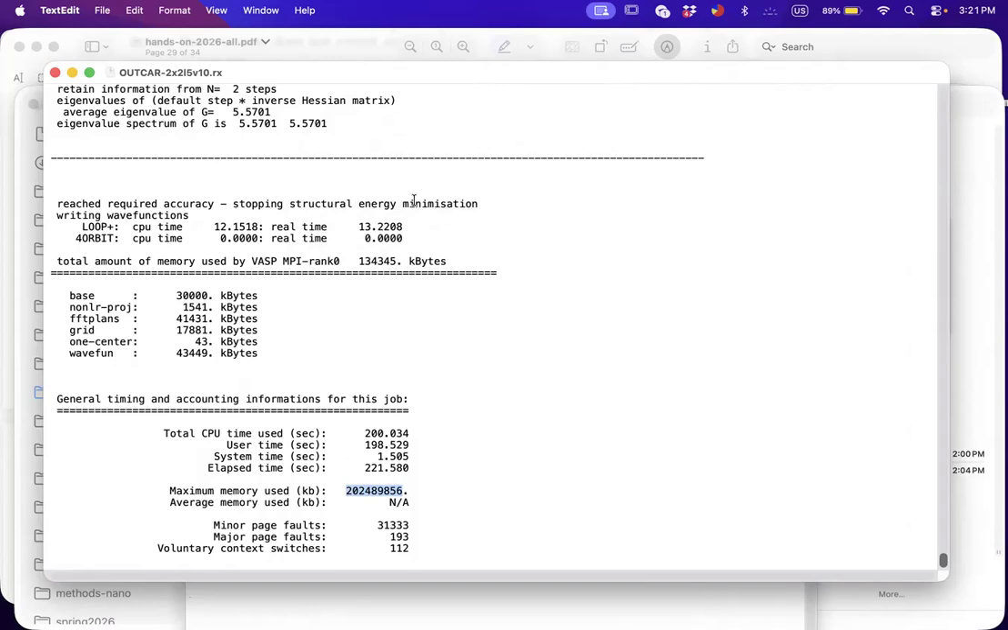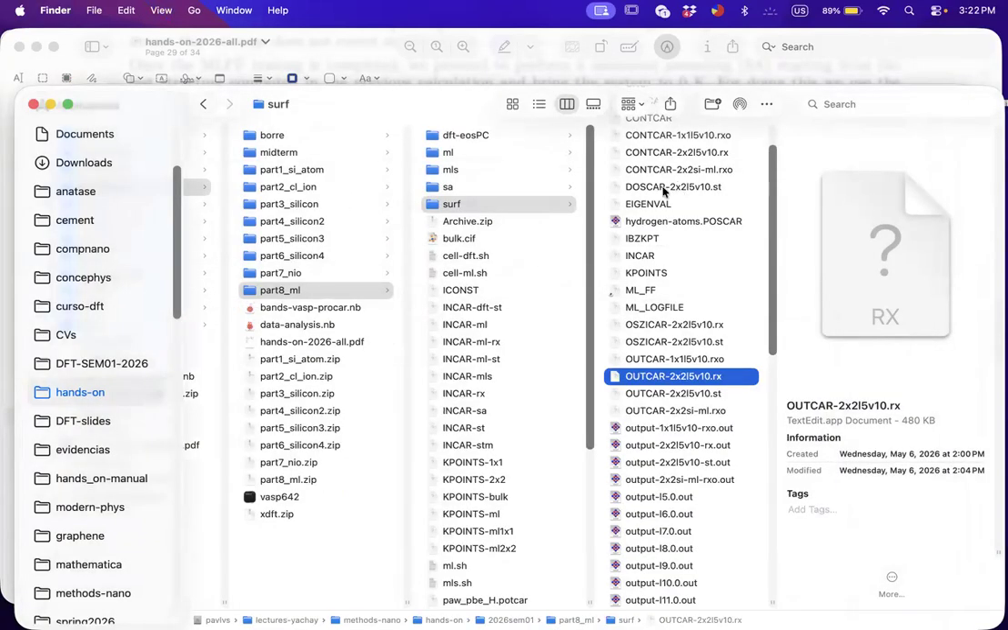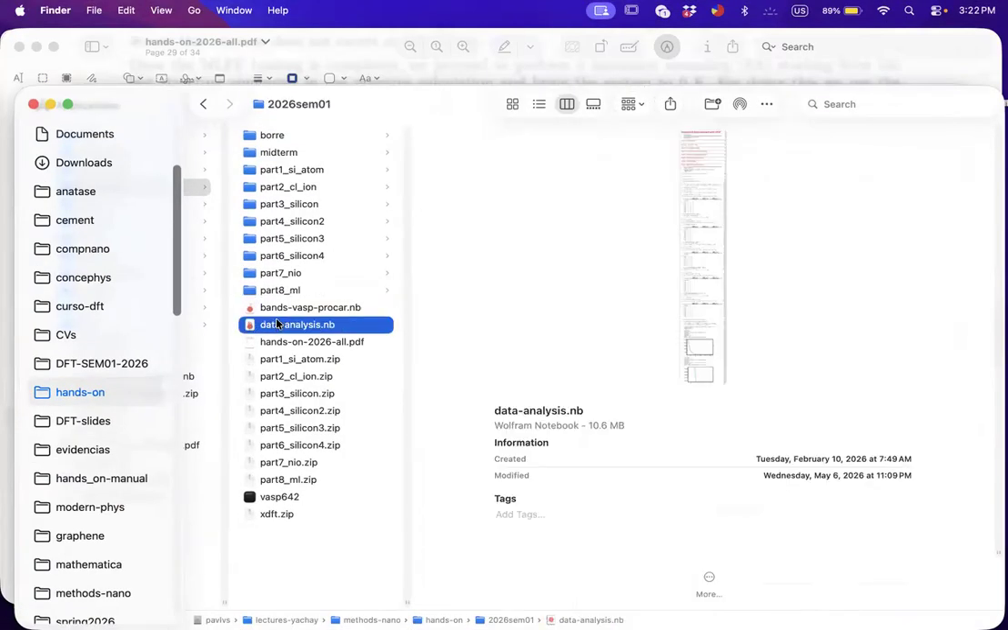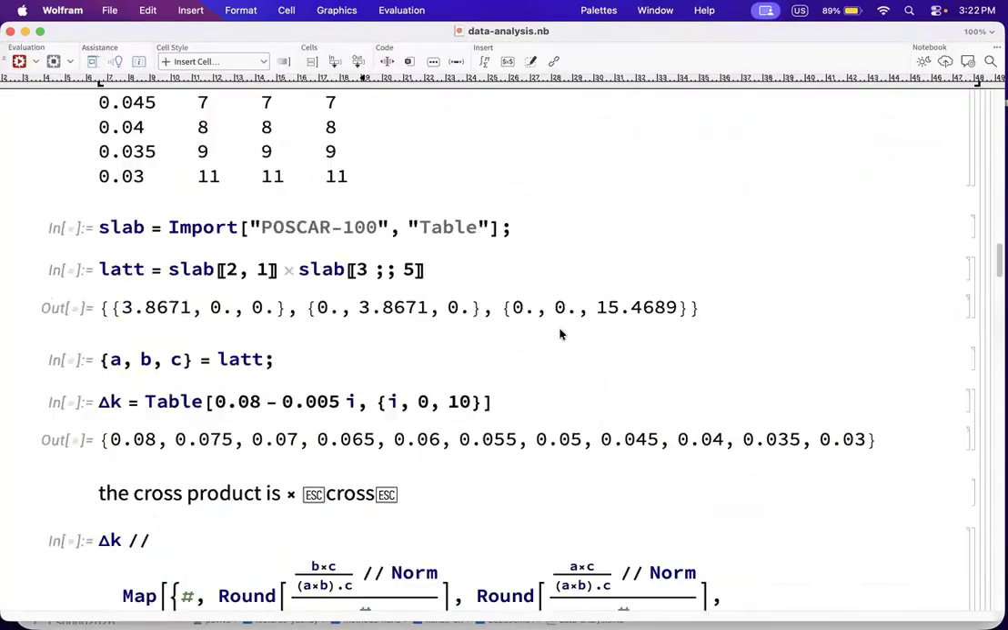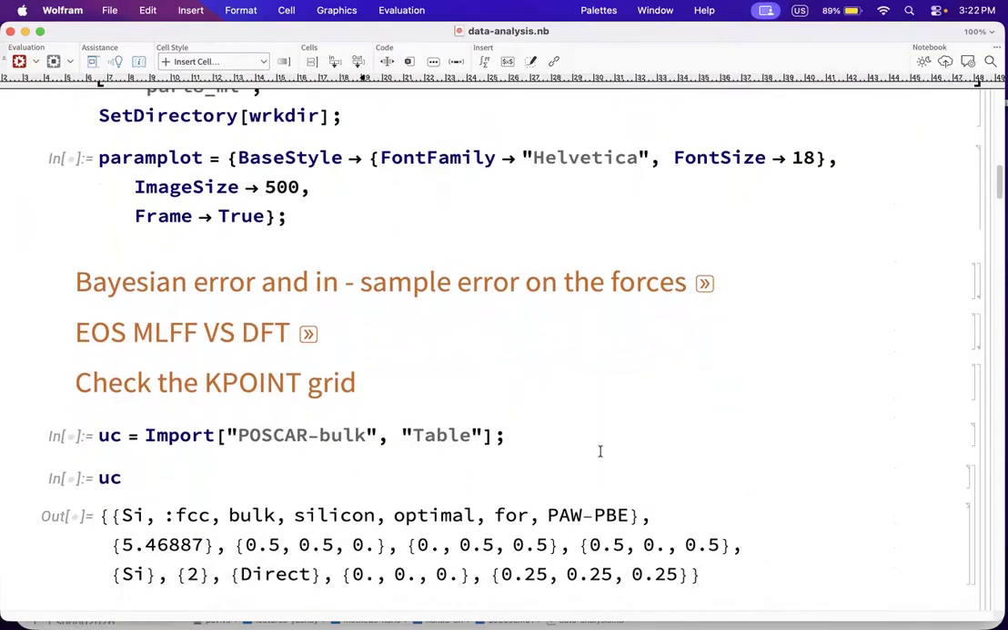Okay. So if everything is fine, we are going to start to look at all the files we have. We have the DOSCAR, you see this file, DOSCAR 2x2 L5V10. So we are going to analyze this data, okay? Please open your Mathematica, the data analysis we were developing. So we are going to start to develop,